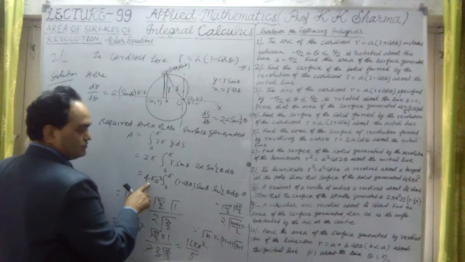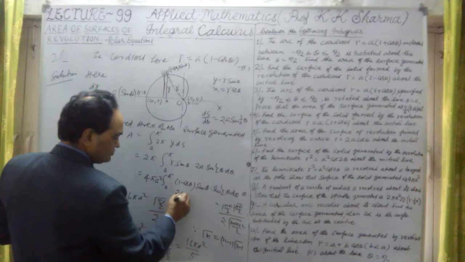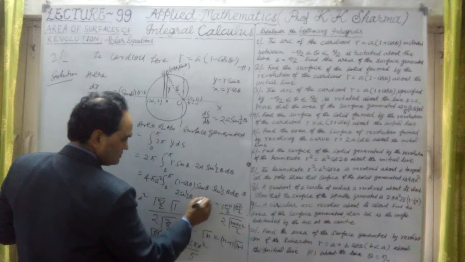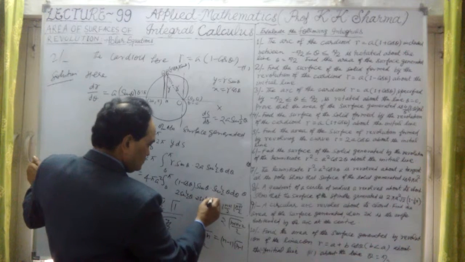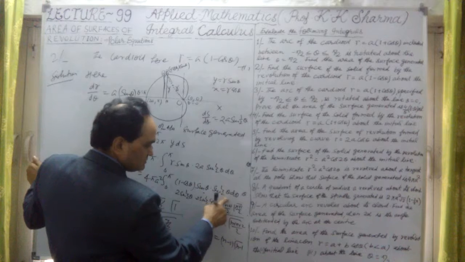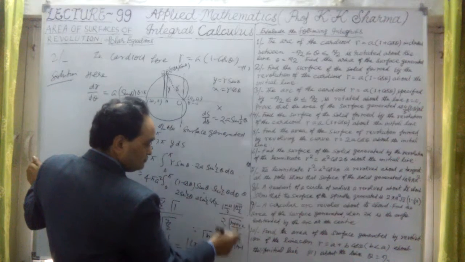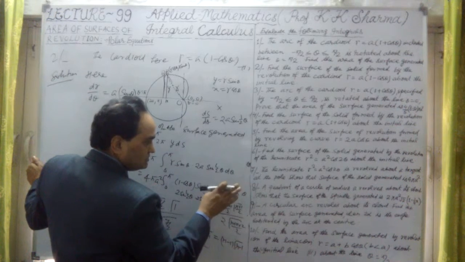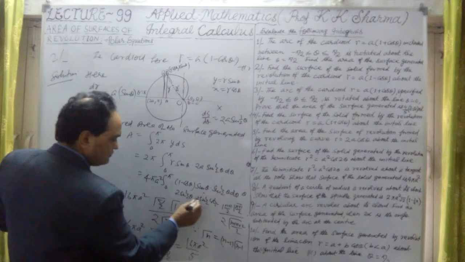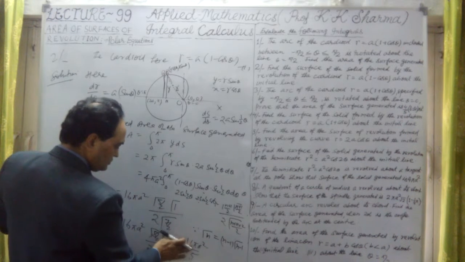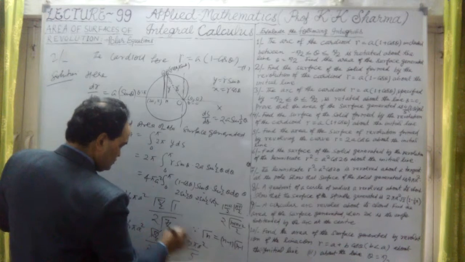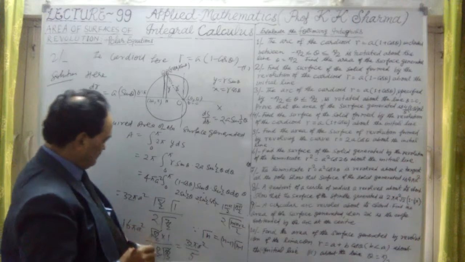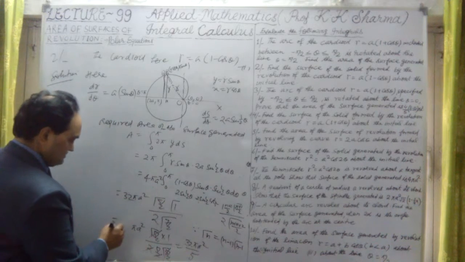Okay, this is 4 pi. This is 2 sine square theta by 2, and this is 2 sine theta by 2 into cos theta by 2, sine theta. Okay, but when we assume half theta equal to t, then 2 dt will come, so 2 more will come, so 2 to the 4 to the 8, 8 for the 32. I'm sorry, the answer is 32 here. So 1, 2 I just mistook here. This is 32 pi a square into under root this value. So this is 32 pi